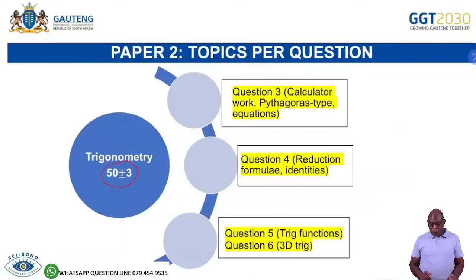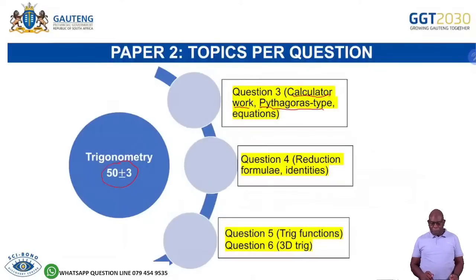In question 3, you're going to be dealing with questions that deal with calculator work. In other words, you can be given angles, or you can be given those angles in radians. So you must be able to work on that. You're also going to have Pythagoras type questions, whereby you're given that the sine of theta is 3 over 5, then determine the value of maybe tan of theta. Obviously the sine is y over r, the tan will need you to get an x, so use the theorem of Pythagoras to get the value of x,